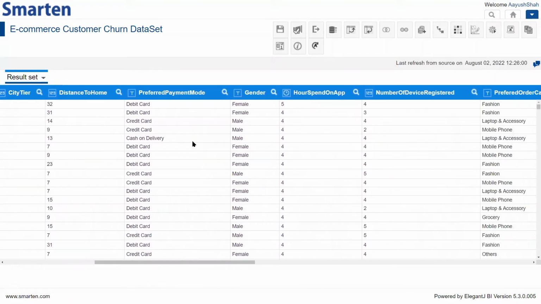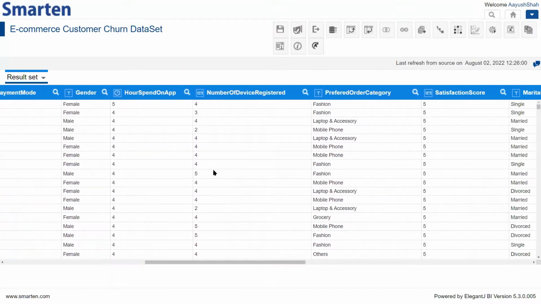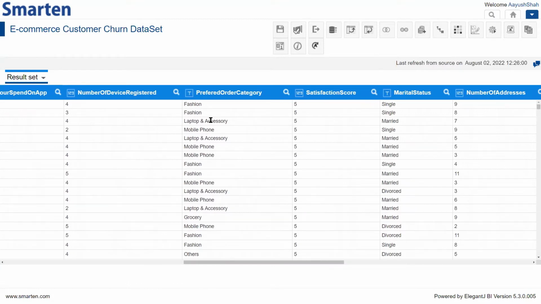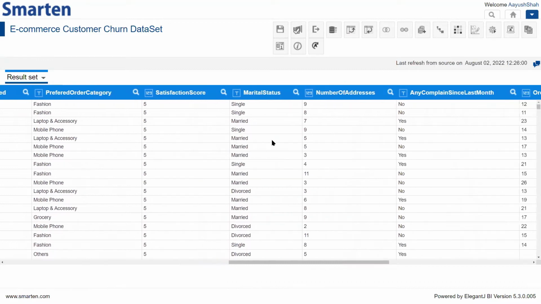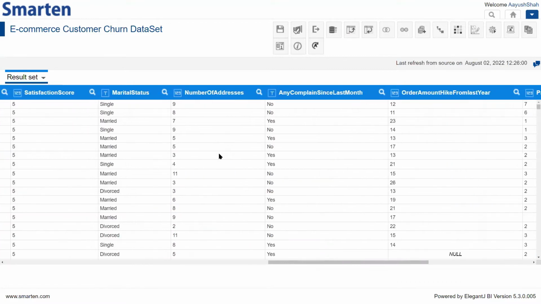Preferred mode of payment, like whether they're using a debit card, cash on delivery, or credit card. What is the gender of the customer, hours spent on the app, number of devices registered. Preferred order category, so we know whether it is fashion, laptop accessory, or mobile phones. Satisfaction score which they might have given, marital status we have, number of addresses which we have,